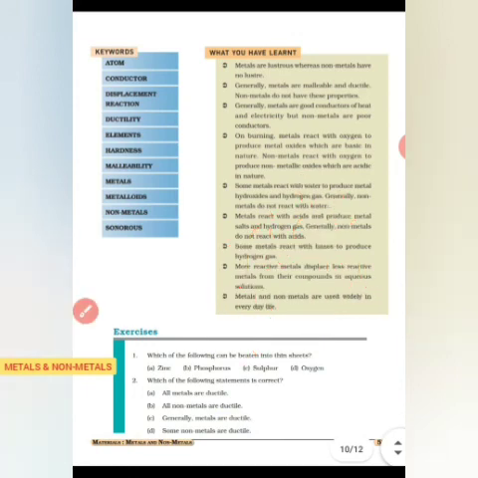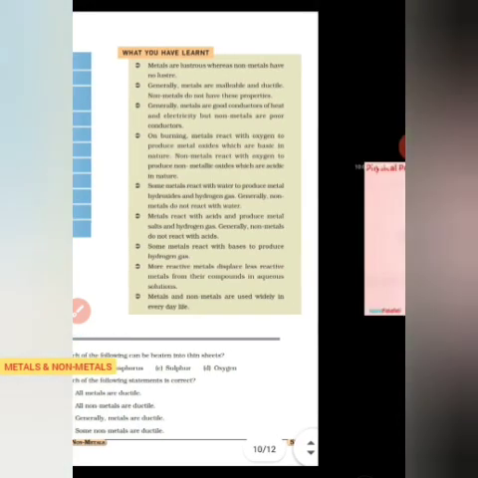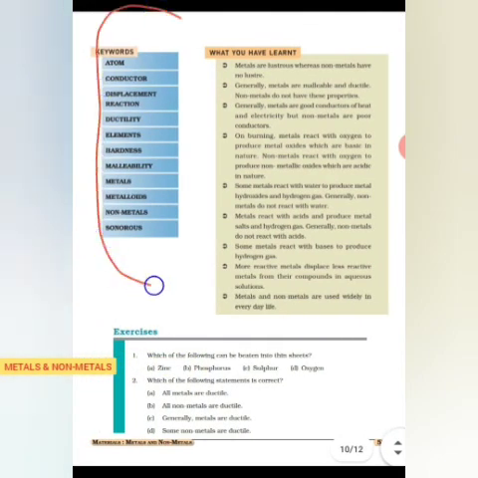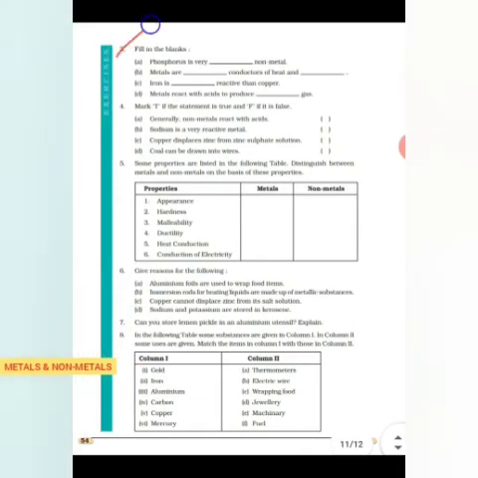This was all about the physical and chemical properties of metals and non-metals. You have to go through all these keywords in detail again. You have to revise, then try to solve these questions one by one, the fill in the blanks, the true and false. You just have to try. Rest of the things will be provided to you with the help of a PDF.